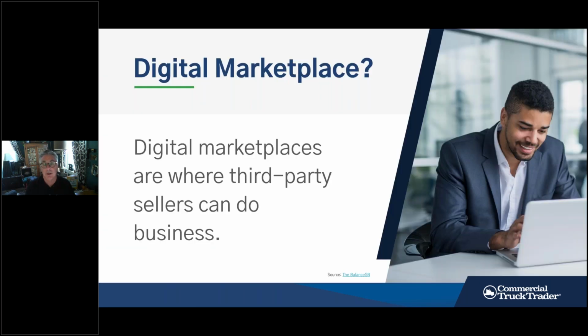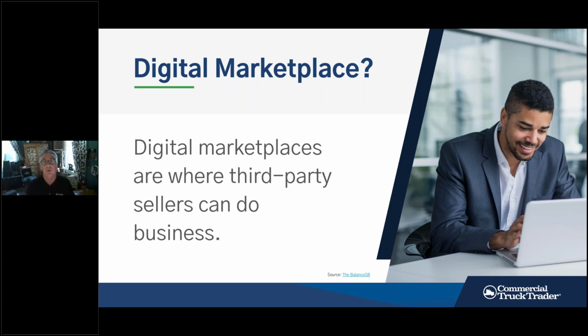What is a digital marketplace? It's evolved over the last few years. It used to be a place where there was just a series of pictures and some text, and that would be what we call the marketplace. But since that time, things have changed significantly. These are now e-commerce marketplaces. They feature individual traders, large-scale manufacturers, or anything in between. I mean, you're very familiar with ones such as Auto Trader, Commercial Truck Trader, Truck Paper, Carvana. These are all very large digital marketplaces.